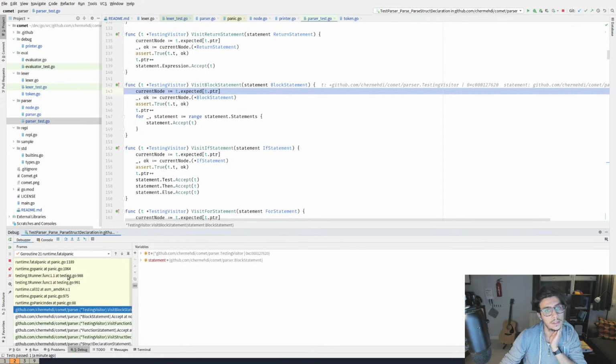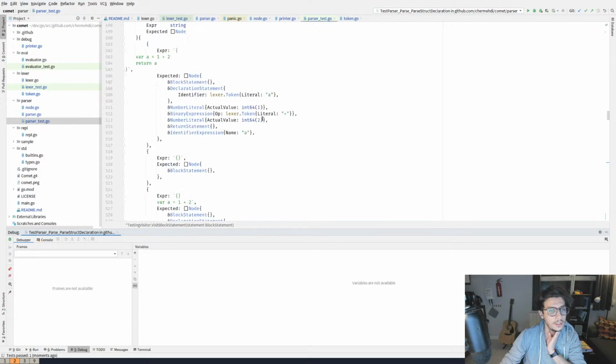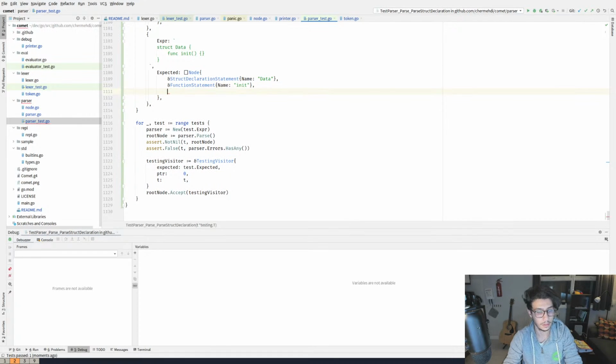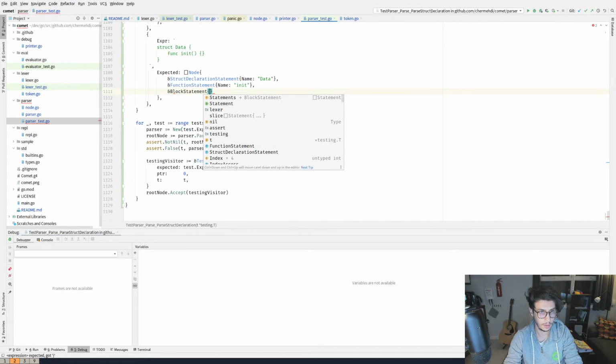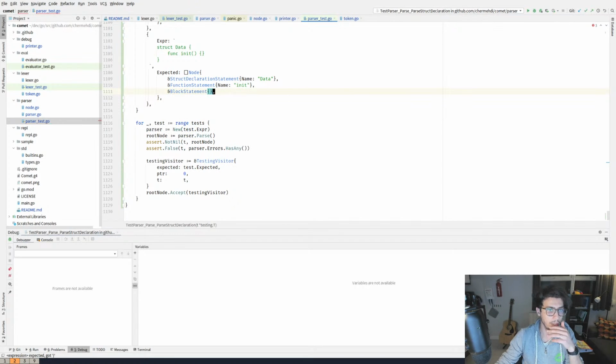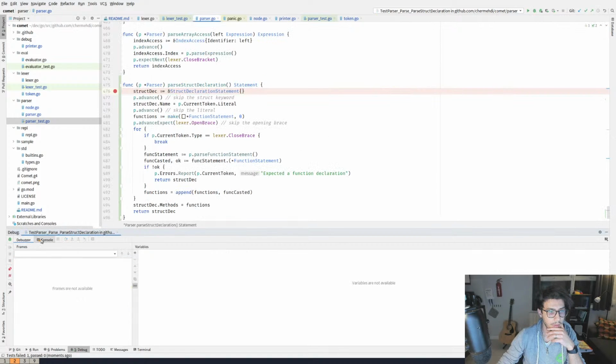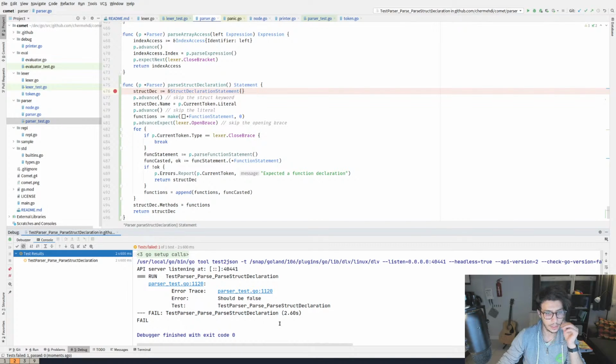In visit block statement. Oh, yes. Every function declaration should have at least a block statement, even an empty one. So now it didn't panic, but it should be false somehow.